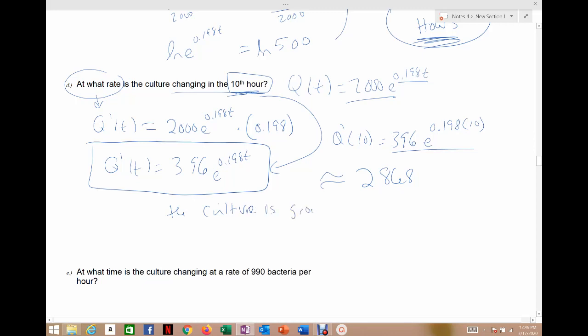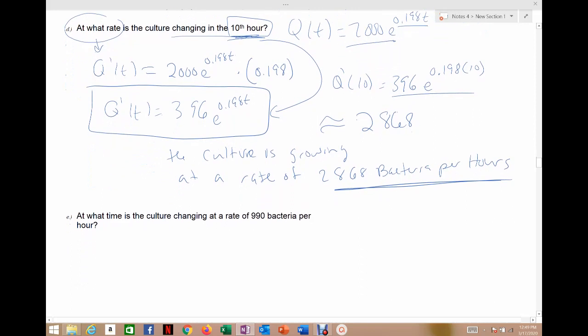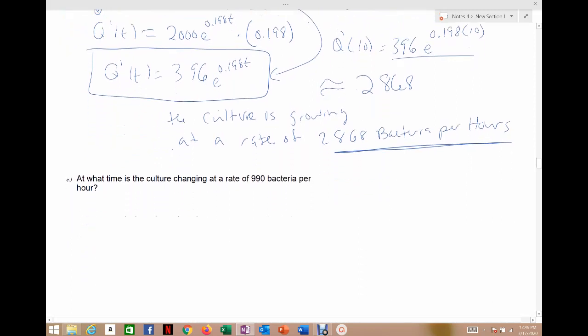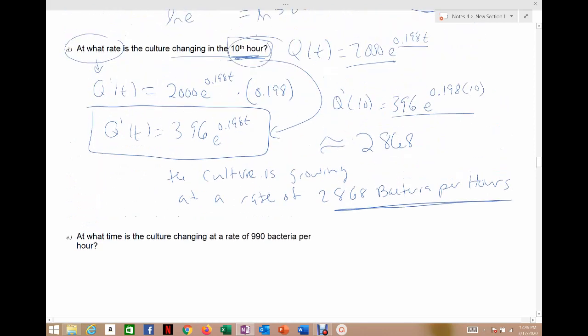is growing, right? It's increasing, growing at a rate, at a speed of 2,868 bacteria per hour, right? That's its rate of increase, right? Like when you travel down the road, you're going at a velocity, a rate of change in speed, miles per hour. Well, this bacteria colony is growing at a speed, right, of 2,868 bacteria per hour in the 10th hour, right, in this hour. If I picked a different answer, I'd get a different speed, but that's how fast it's growing in that